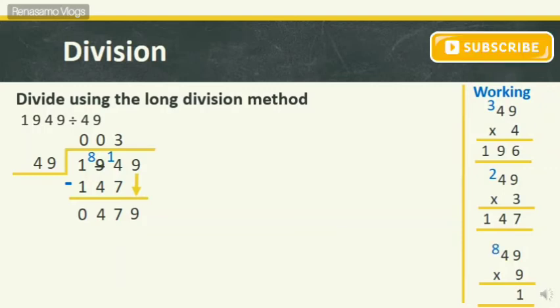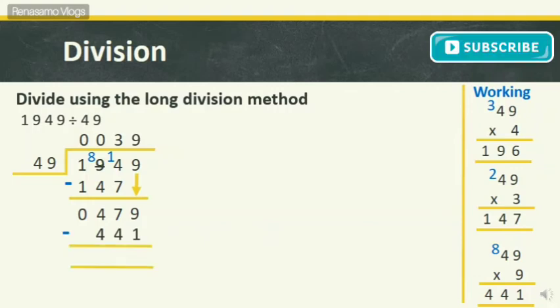So I will carry over 8 and write down 1. 9 times 4 is equal to 36 and 36 plus 8 carry over gives me 44. So I got the answer as 441, which is smaller than 479. So yes, I'm going to use this 49 9 times. I will write 9 up in place of the quotient and write down